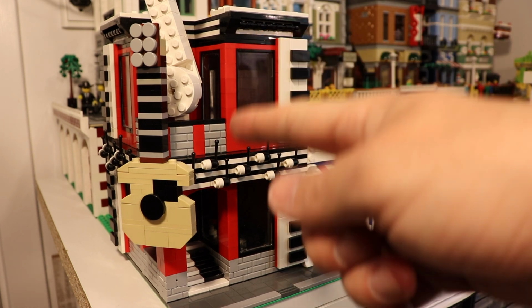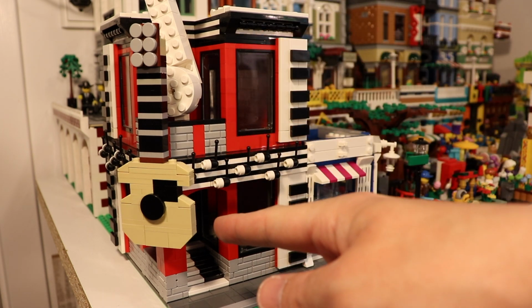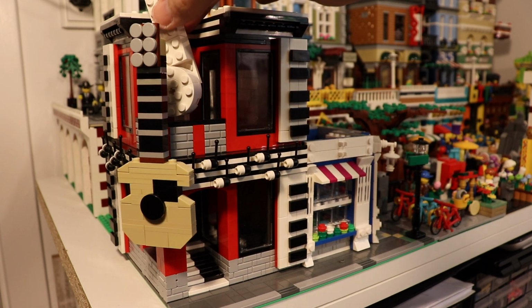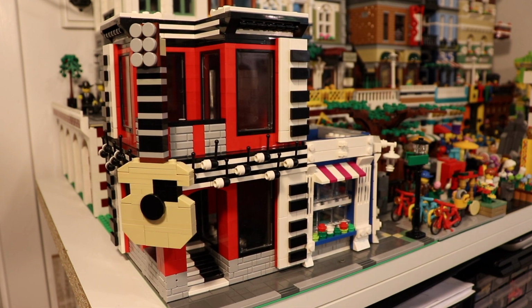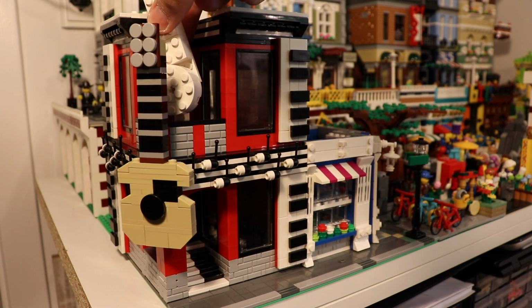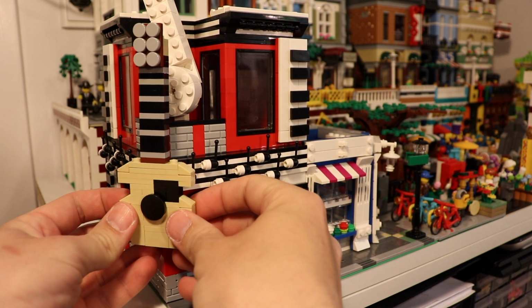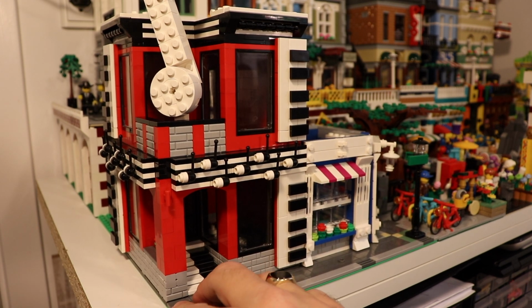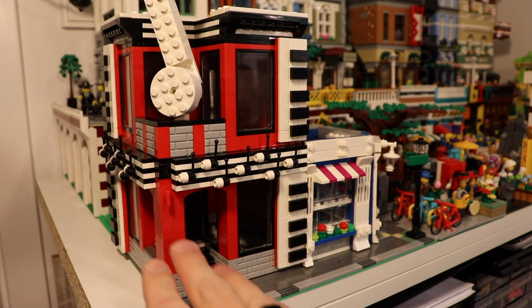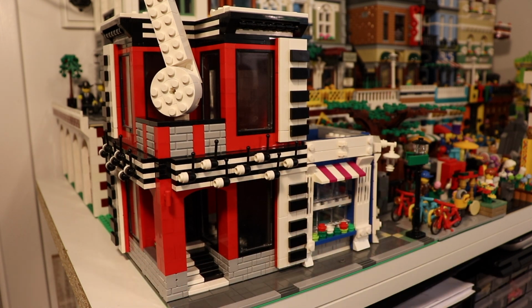I think definitely it's too much with both the guitar and the big note, but I actually don't know which one to choose. So should it be this one, just the guitar, or should we actually go with the note alone, something like this? I would of course have to do something here to just finish everything off, but in general, does this look better? Maybe it does. I'd love to hear your opinion on